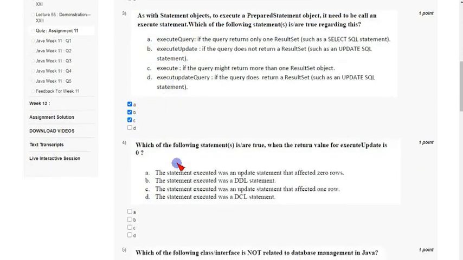And coming to the fourth one. In the fourth question, which of the following statements is or are true when the return value for execute update is 0? There are two answers actually.